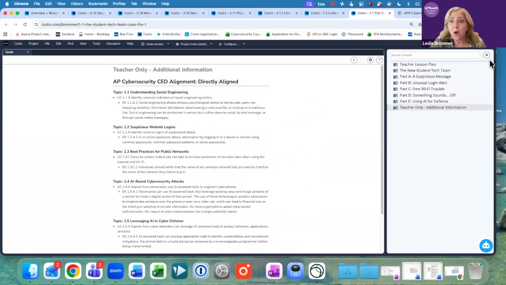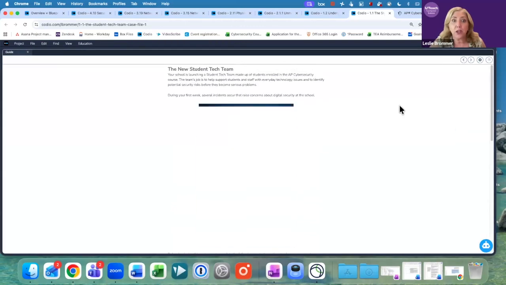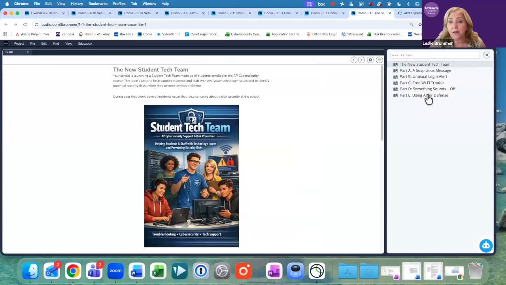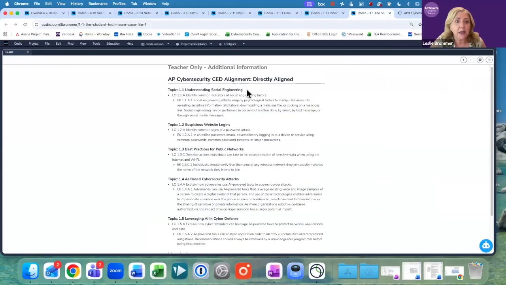All right, so that's how each of our assignments works. We are in teacher mode right now, which means that we can see teacher information. As a teacher, you see more information than the students do. You can always use this gear to toggle view as teacher off, and then you will only see what students see. So you can see those 2 pages are not available. Anything designated for teacher does not show up for the student. Let me go back to the teacher lesson plan, just so you can see.